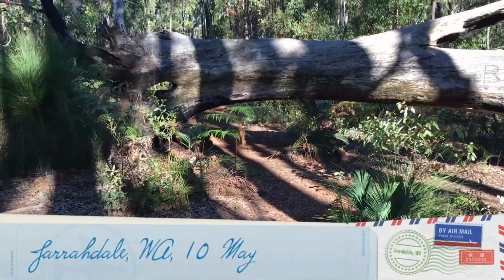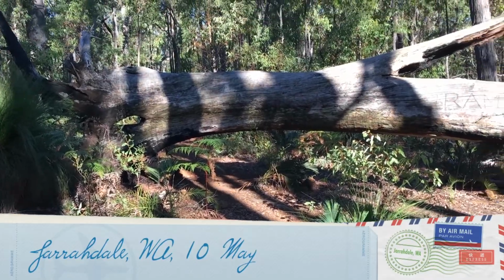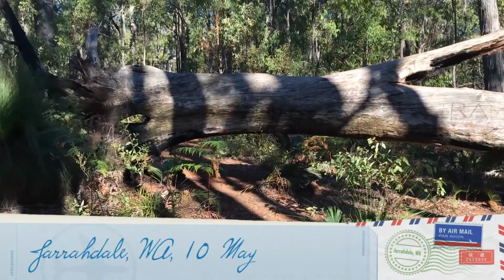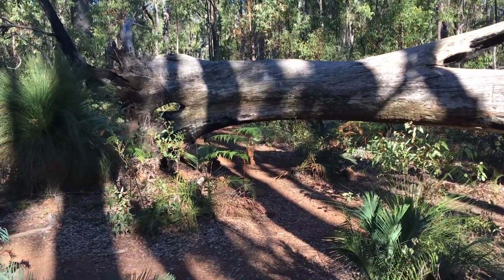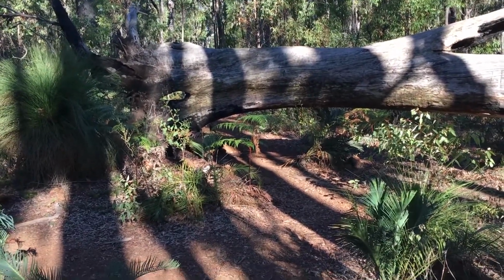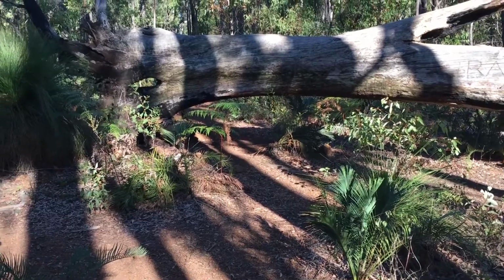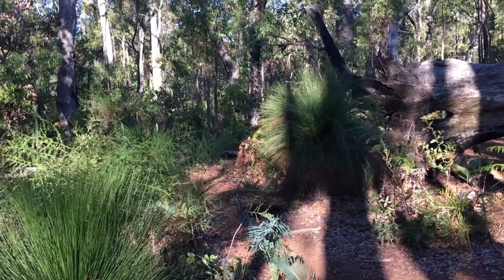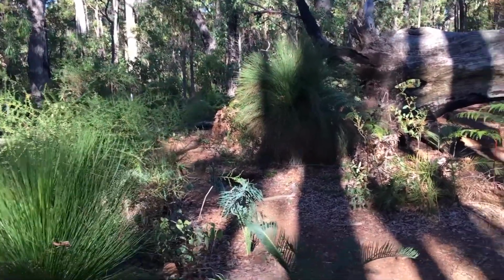Okay, this is the last major point, I think, on the way back to the car. One rather large fallen tree. If you're a midget or got Duck's disease, you can get underneath it there and keep on going, or us tall people can head around to the left. There is a